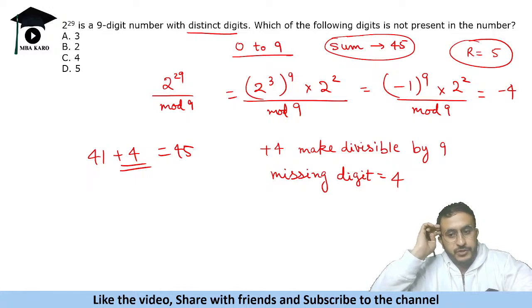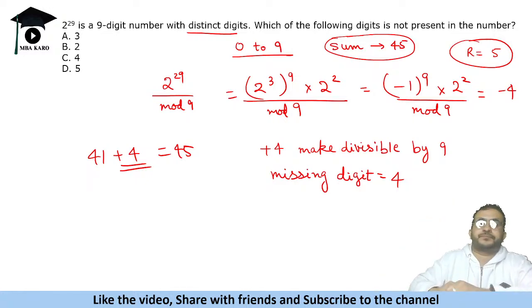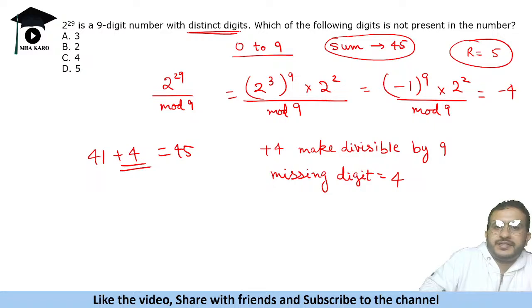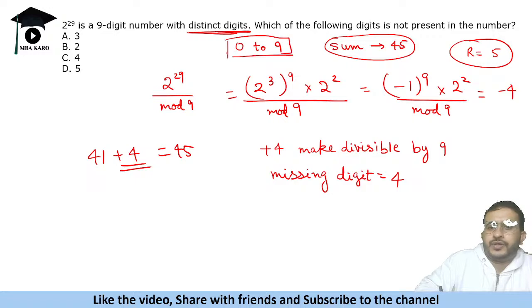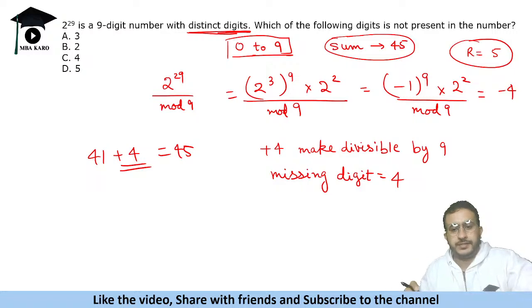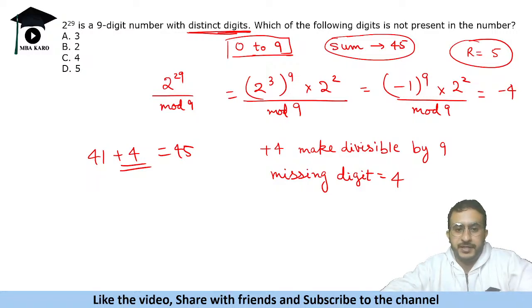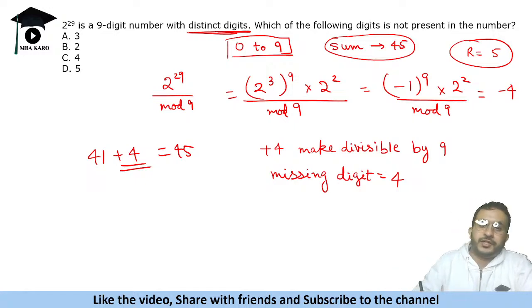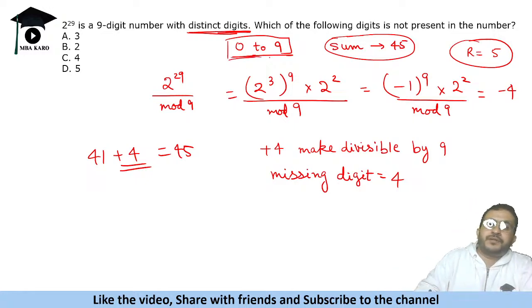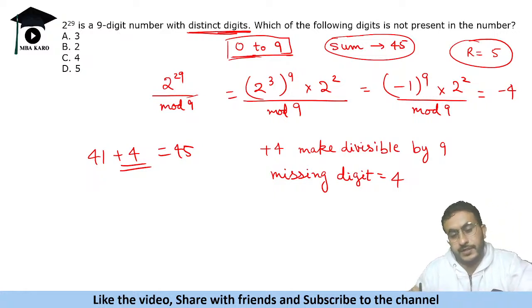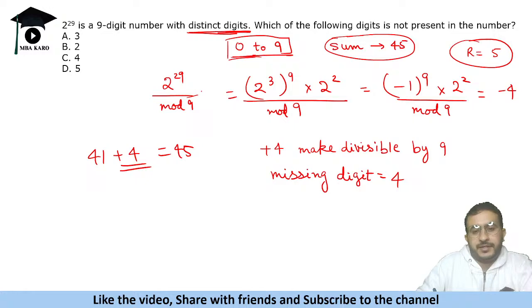Why mod 9? What was the logic? See, these are distinct digits. Okay, so we can find the sum of the digits. See, the digits are 0 to 9, the sum is 45. How do we find the digit sum? It is always divisibility by 9. 9 की divisibility तो digit sum होती है ना. So digit sum we need to find, so we'll take divisibility by 9 to find out the